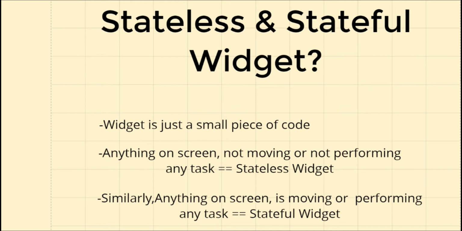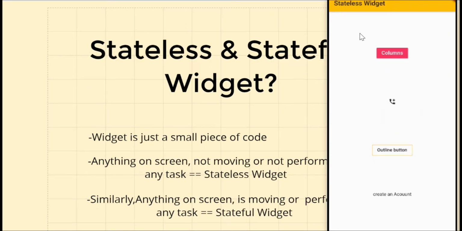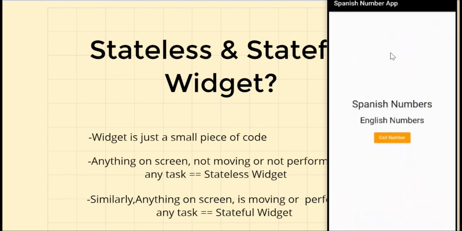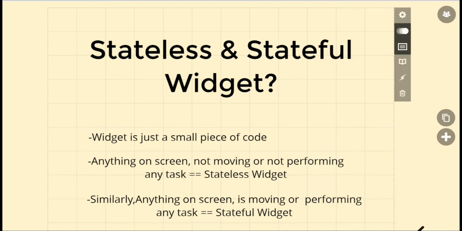Okay, now look at this example. Look, when I tap on this button, nothing happens because it's a stateless widget, which means button has no state or soul. Okay, now let's see the example of stateful widget. Now as you can see, when I tap on this button, the English number changes to 1, 2, 3 and so on. So this is the example of stateful widget, which means button has a state and a soul.